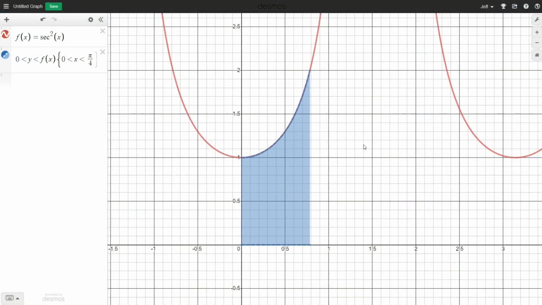To see if our answer is reasonable, we might graph the function secant squared theta from 0 to pi over 4 and examine this area underneath. Our computations show that this area should be equal to 1. And if we take this little triangular type region up here and put it down here, we could believe that this part of the region would fill out this square and give us an area of 1. That doesn't prove our answer is correct, but it makes us more confident that we've computed the right answer.